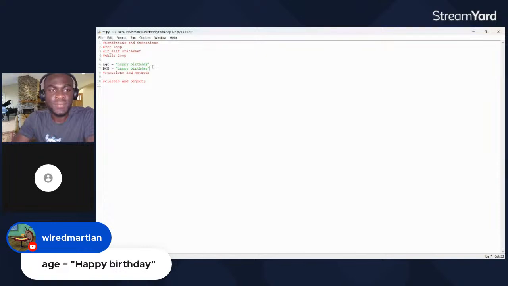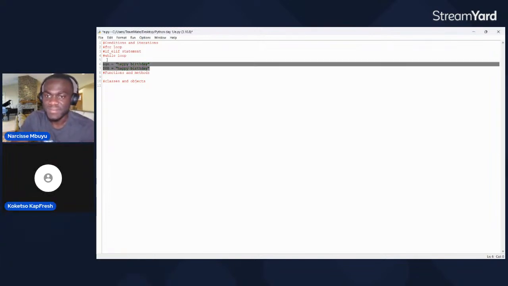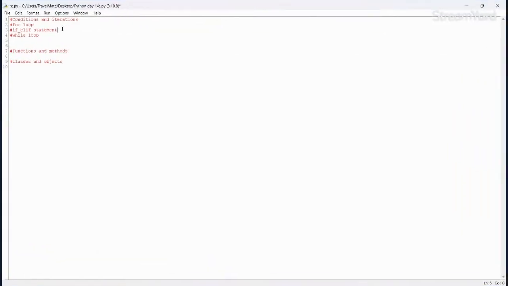I think you were breaking up there for a second. I'm saying that what you're getting at is that Python automatically assigns the variable type to what you set it to. So if you set it to a string, age will now automatically become a string. That's correct. All right, hopefully we may carry on. That was the only question we had. So hopefully that makes sense.